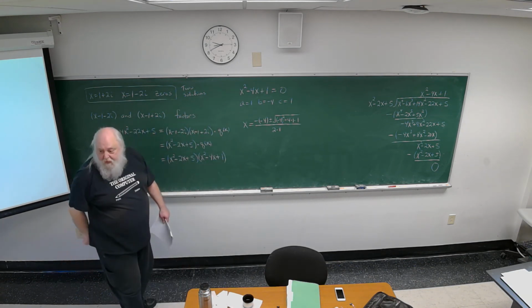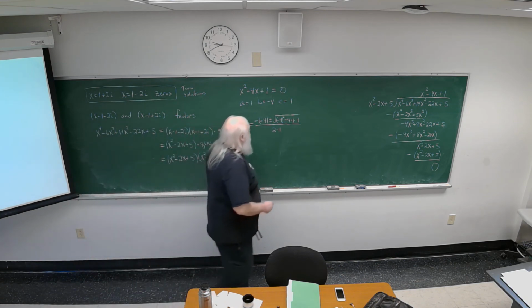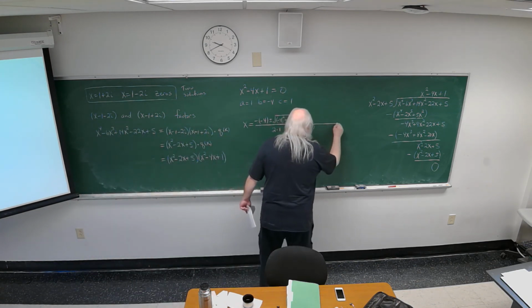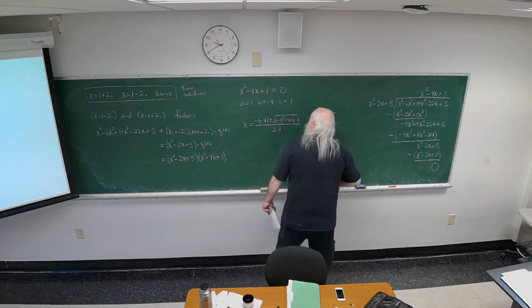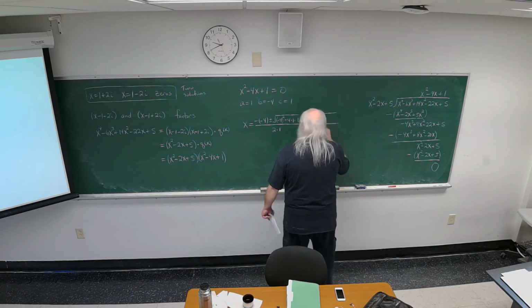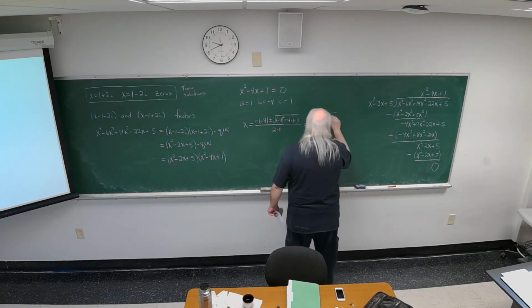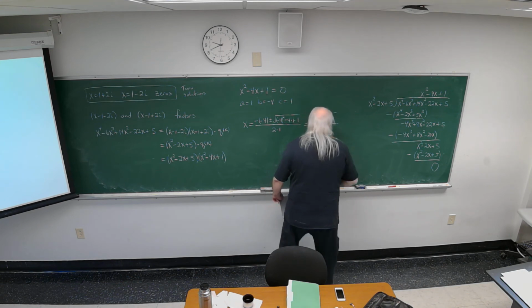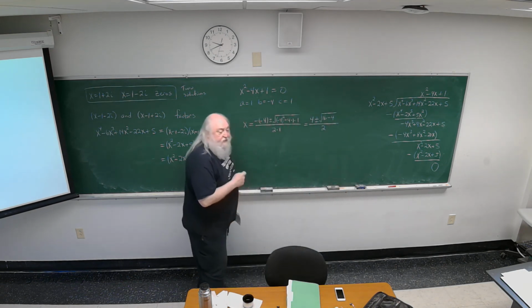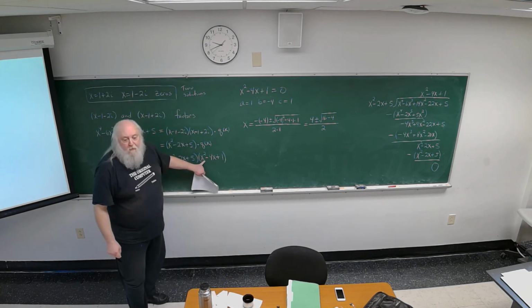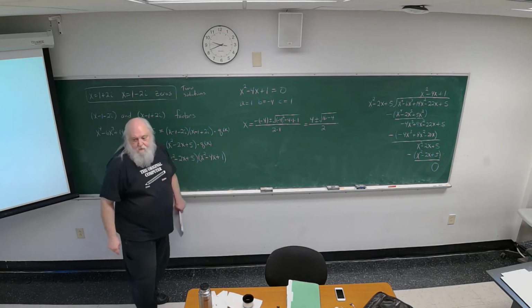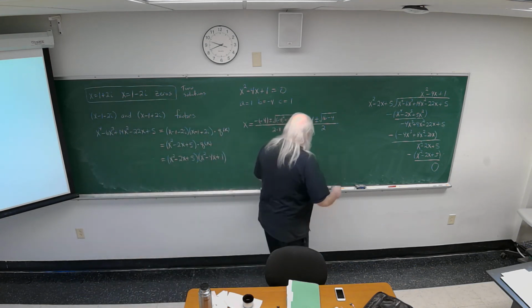And now it's arithmetic. Negative of -4 is plus 4. And under the square root, -4 squared is 16. And -4 times 1 times 1 is -4 over 2. So in this example, the zeros of our quadratic are not complex numbers. They're real numbers. But they're irrational numbers because of the square root. So this is equal to